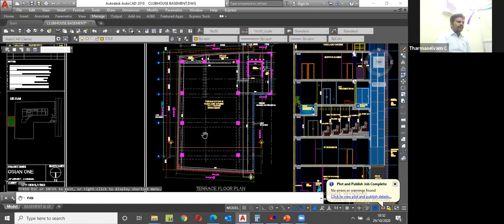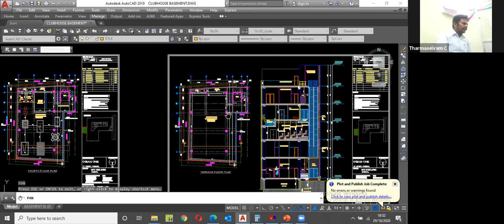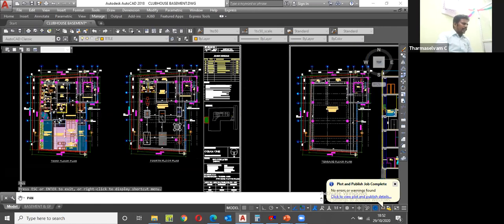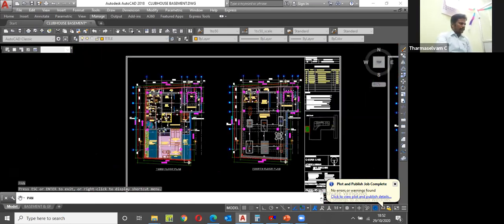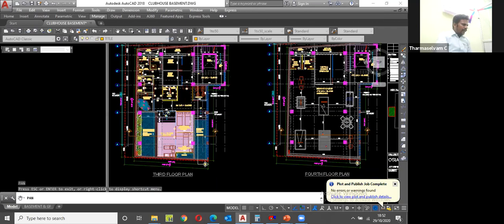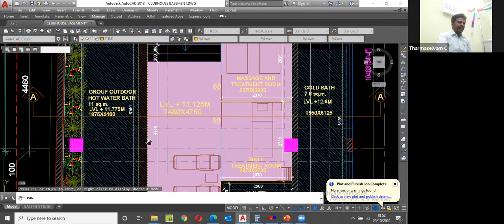What is the location? Maybe you can take this room. A2. This is the A. I am on this side. Okay. Then 2. Where is the 2? From here. This 2 and A coincide at this place. I am going to say exactly this place only. So the grid is only for reference. The marking is for civil engineers, who mark the pillar columns, but other departments identify the exact location using this grid.